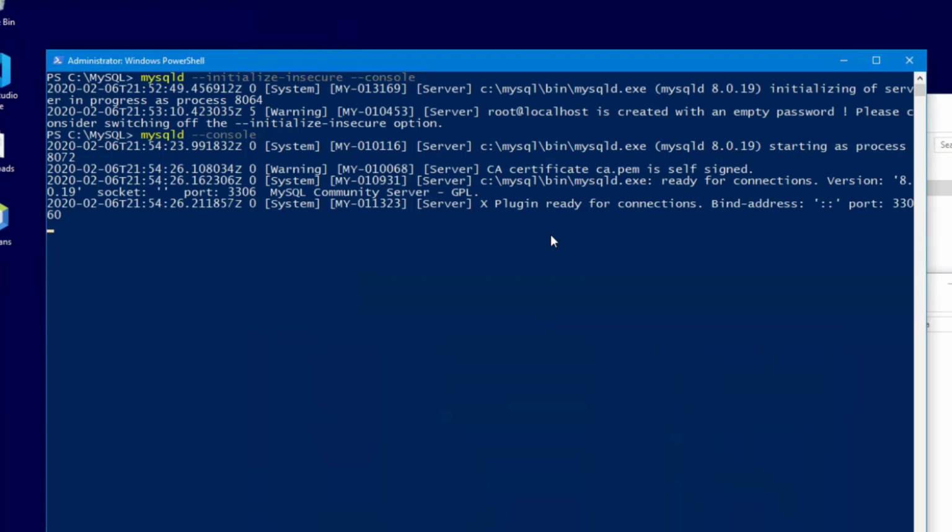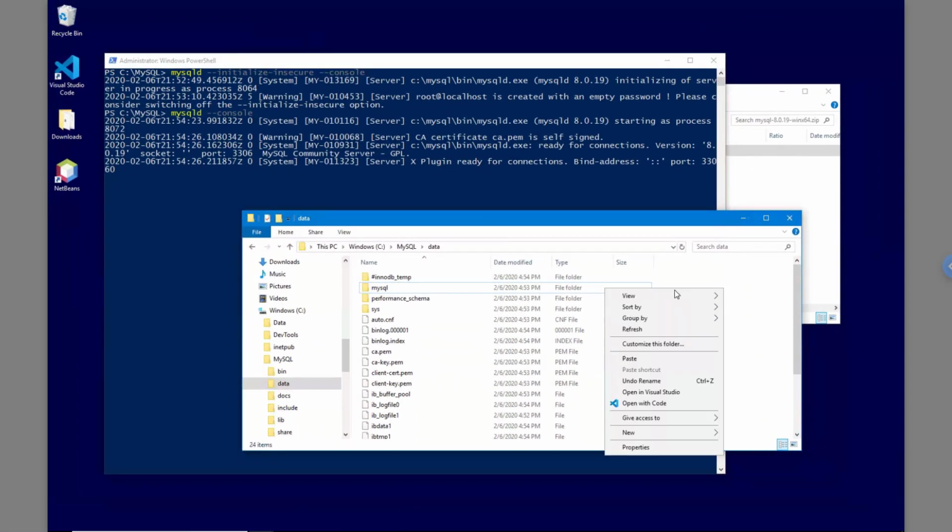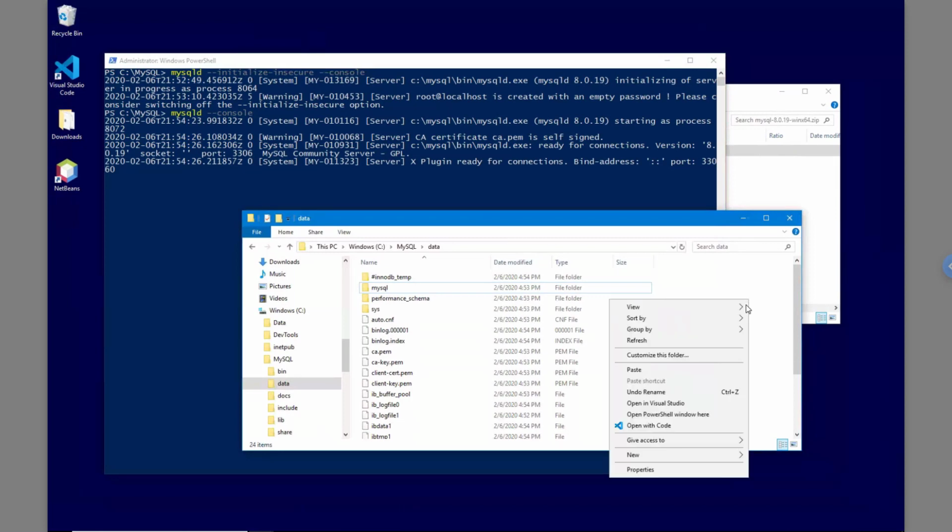And that's actually how it should look. This window is going to remain open as long as the database is running, and it says plugin ready for connections. So we're ready to go. And what we can do is open another window, open PowerShell window here,